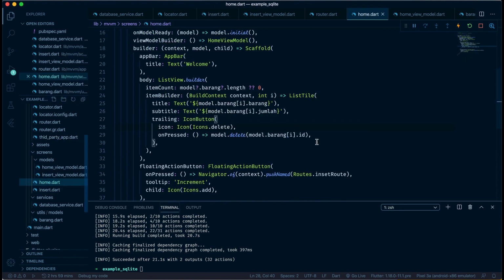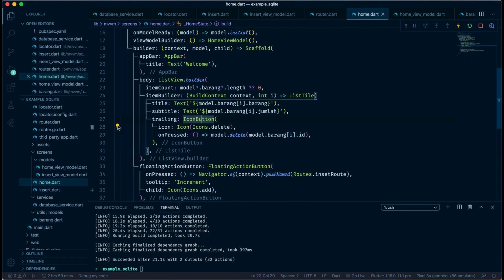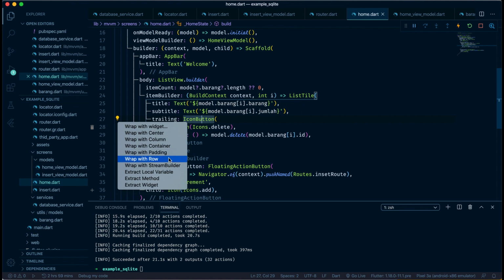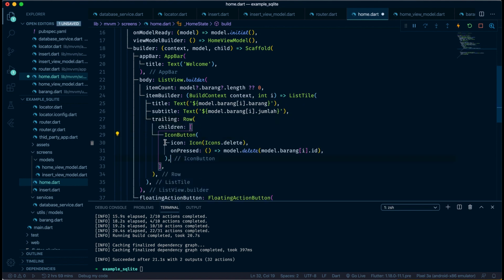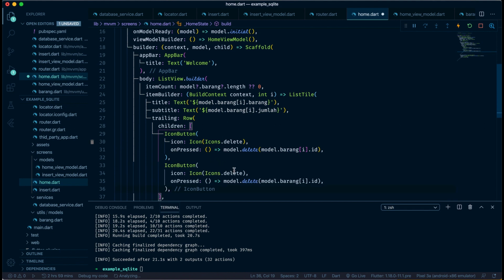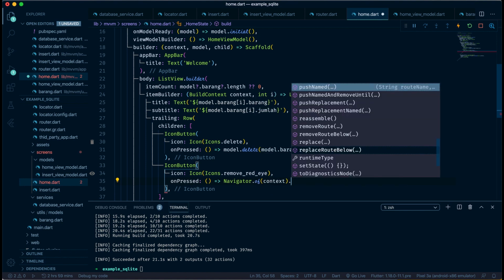Just go to the home page and I will wrap this in a row, copy this and create a new icon like this, and navigate to the insert view model but with a parameter. So Navigator of context and call push named routers.